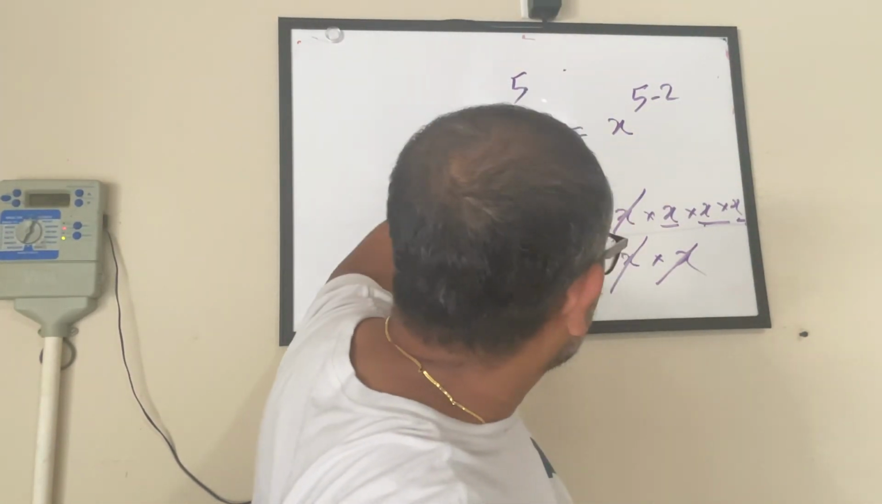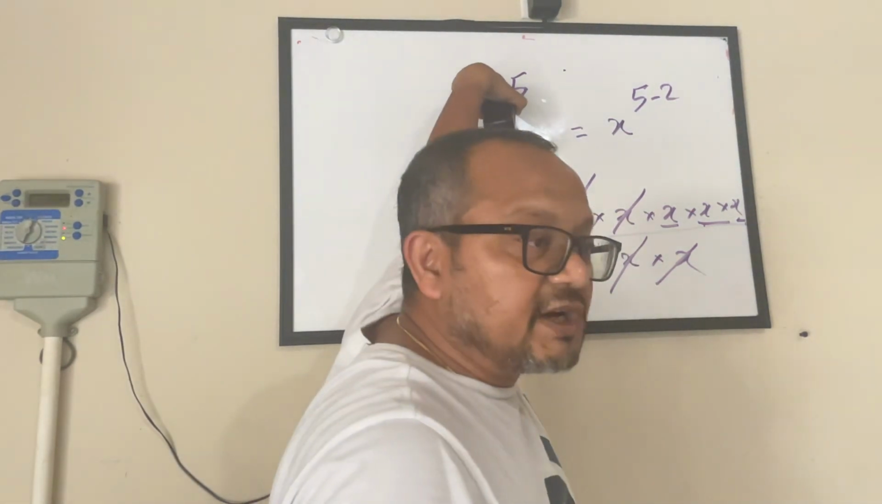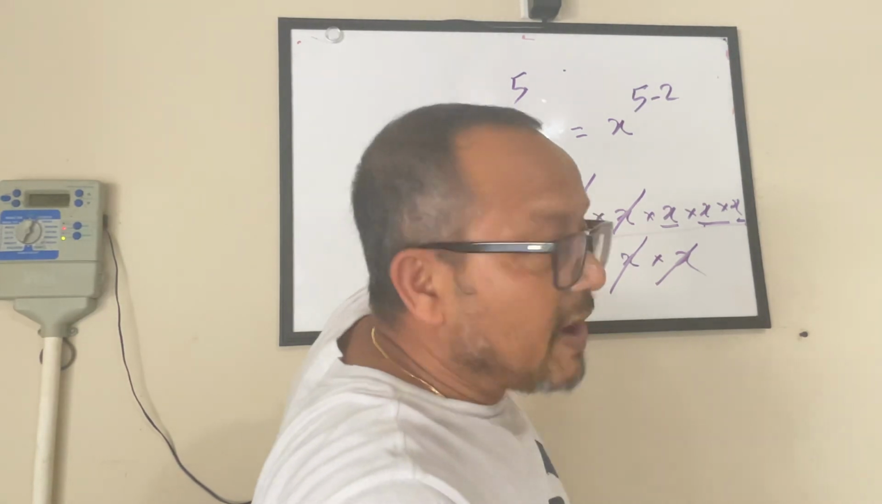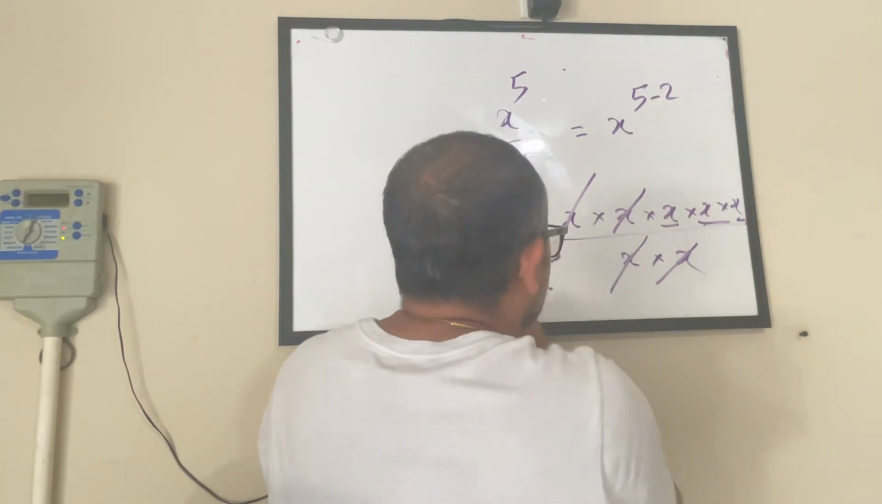So this theorem is also right. Whatever is the power of the numerator minus the power of the denominator, the base is the same. Okay? Now the third theorem was